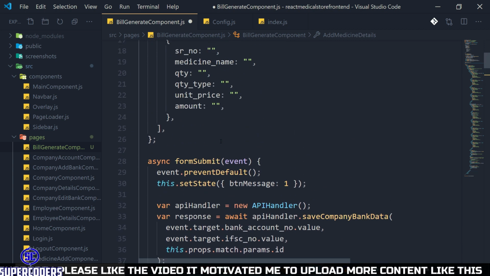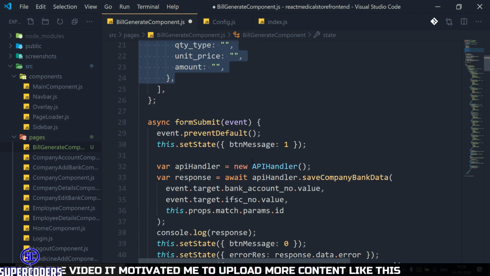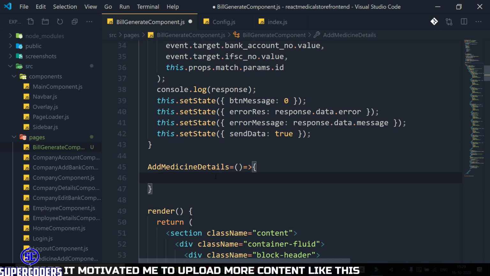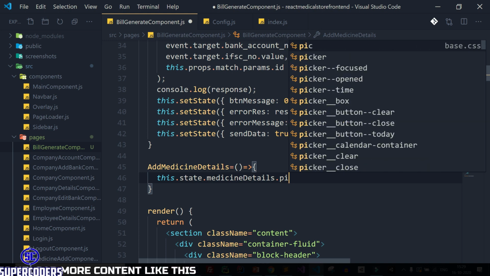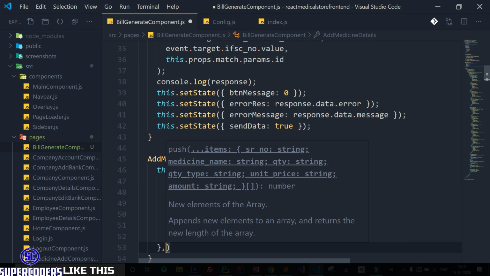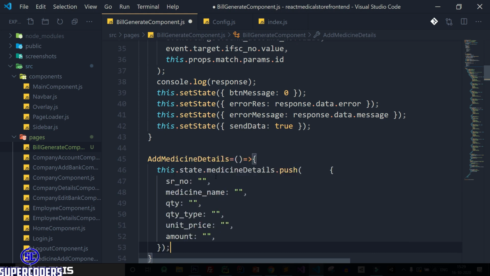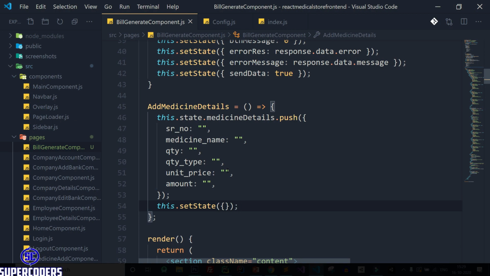After that, just copy this object and again this dot state dot medicine details dot push. After that, just pass the object, and after that just call the method. So this dot set state and make it empty. Save. Now let's check it's working or not.